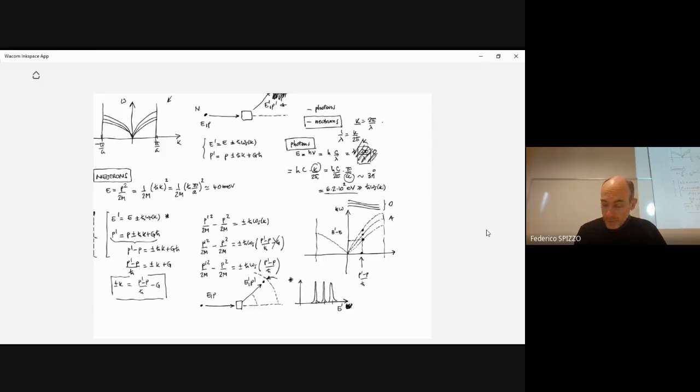This is in general what is done experimentally, and this is the way that is used to access phonon dispersion. So the main kind of particle that is used to describe the phonon dispersion are neutrons. But just as a general information,